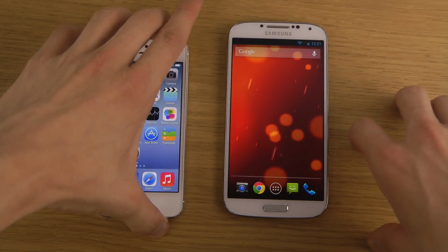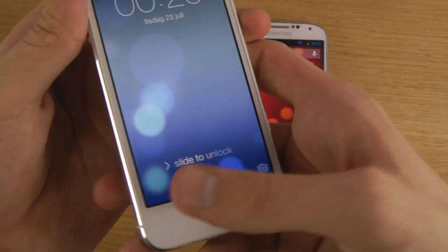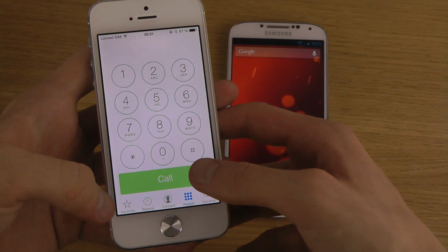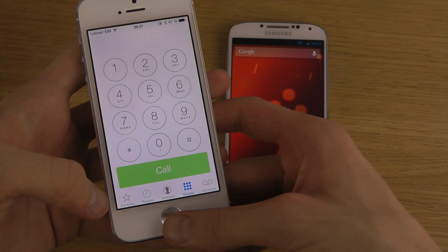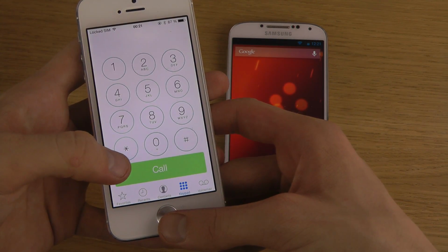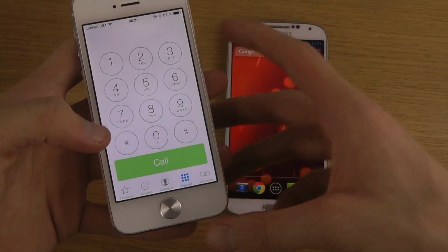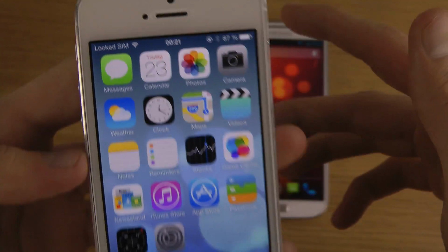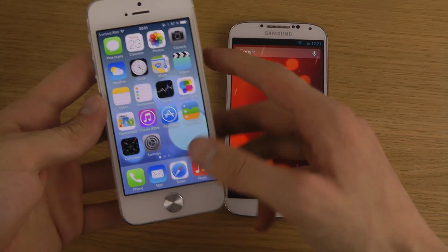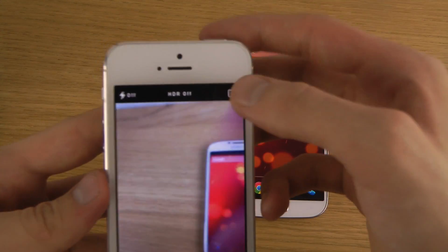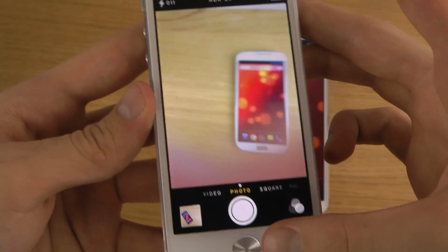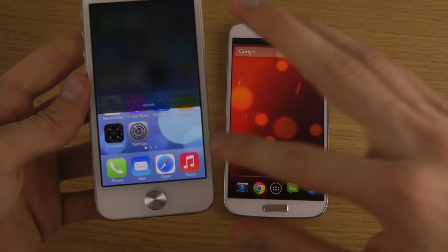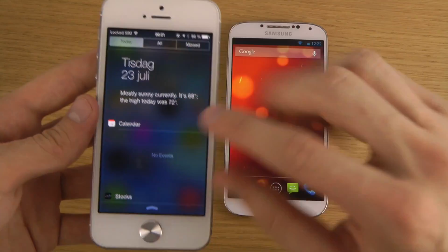One of them is that the lock screen now looks a little bit clearer with that arrow. The answer button is slightly changed. Also, the dialer should now have an answer button. The Spotlight, when you want to search on your iPhone, now has a cancel button. And HDR in the camera is now at the top instead of just being at the bottom. So, not a super big update, but the notification center has a pretty nice update